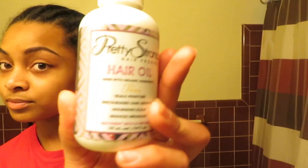Before I actually start unraveling my flat twist, I'm going to start by applying the Pretty Strands hair oil all throughout my hair so that my hair can be nice and coated with oil, so that my hair can be nice and shiny, and so that I can prevent frizz when I take the flat twist down. I also like to make sure that I coat each twist with oil so that my hair can be nice